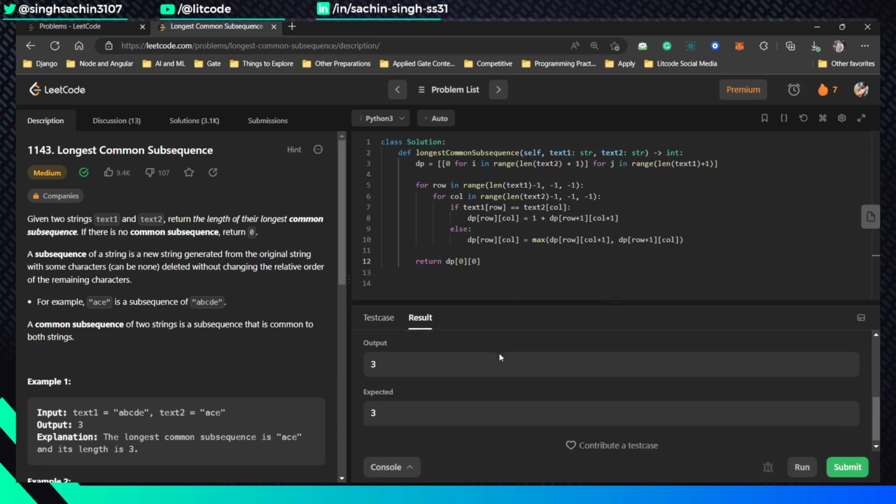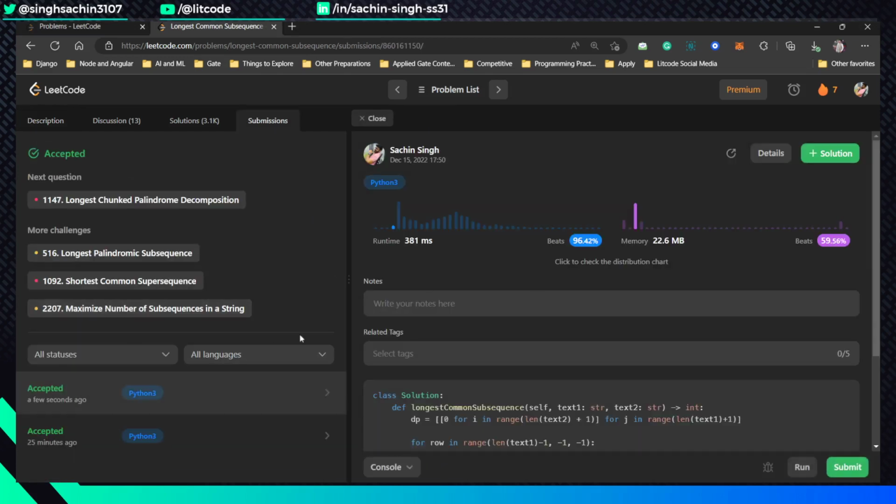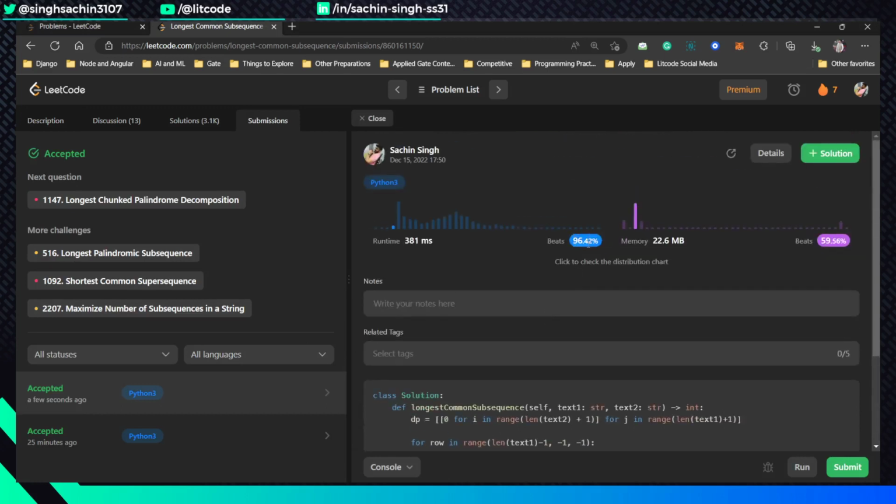So the test cases got passed successfully. Let's submit it for the further evaluation. And yeah, the solution got accepted successfully, and we performed very decent. Like we outperformed